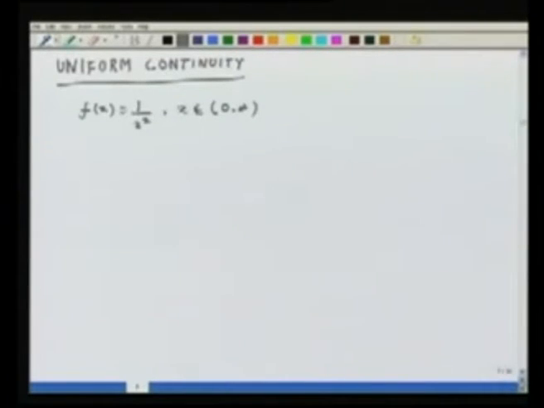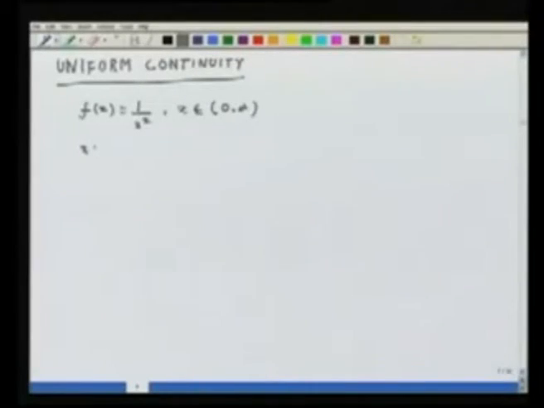Okay, I certainly cannot include 0 in the definition because 1 by x square will not be defined then. What I want to check is first that this function is continuous at every point of (0, infinity). And to do that, I will try to show that given epsilon there exists a delta. I want to see how I find out delta, and how delta depends on epsilon, x or whatever. So choose a point x equal to x naught